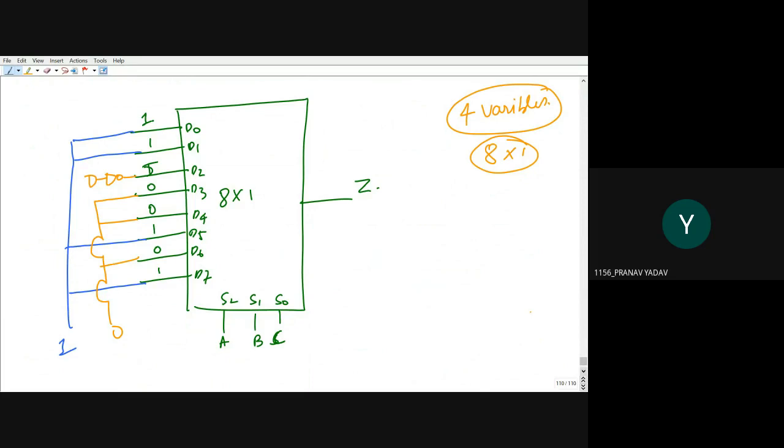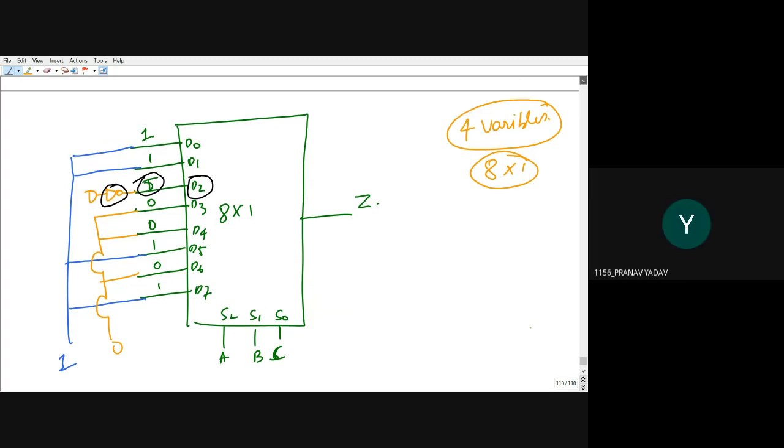Sir, it means that D2 can take both 0 and 1 at different times. Can you please repeat? So D2 is taking the variable D. Yes, but we are giving D bar. Yes, sir. So then we are having D bar. Actually, it has to take some value, 0 or 1. Yes, so it will be taking both 0 and 1 at different times.